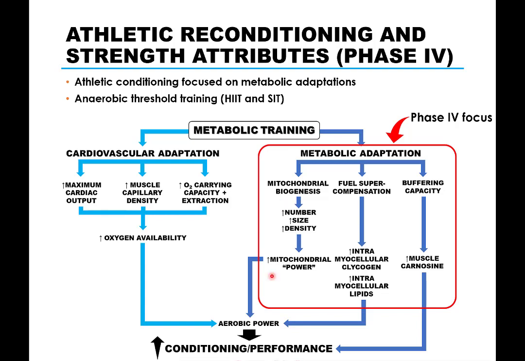As a result, the mitochondria's ATP producing "power" increases, thus improving one's anaerobic threshold workload, meaning the aerobic system is now able to satisfy the energy demands at higher workloads. And the previous anaerobic threshold workload is now less fatiguing because there is less muscle hypoxia at that prior anaerobic threshold workload. So in order to produce these effects, one must then train at around their anaerobic threshold. Otherwise, there will be insufficient stress to optimally elicit these metabolic adaptations like mitochondrial biogenesis.